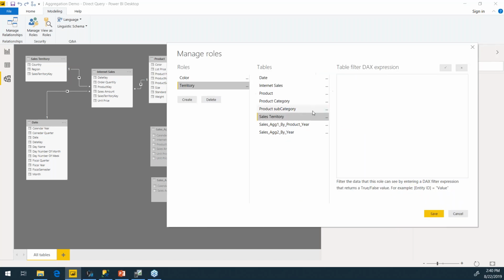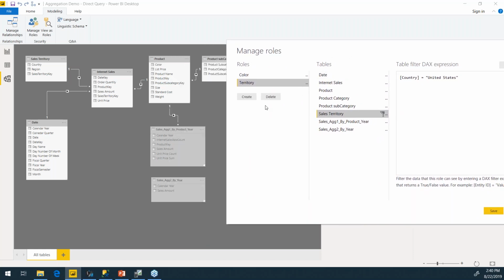Now, if I say territory where country equals United States, if I create this role, what happens is if anybody asks questions about internet sales, even by product, even though the information is available in this aggregation table, this aggregation table is going to get bypassed, because in the cases when they go to the back end, they're going to only be limited to United States, but the aggregation table is loaded into memory with everything, and it cannot filter only on sales territory because there's no relationship.